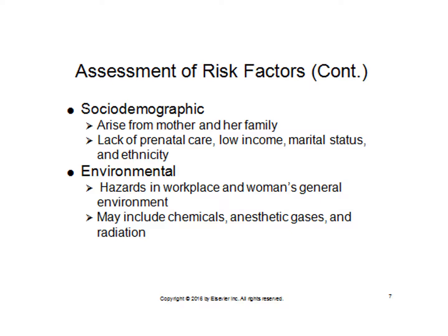Lastly, environmental factors may influence the outcome of pregnancy. For patients that are exposed to chemicals, anesthetic gases, radiation, or other hazards in the workplace, we need to be proactive in addressing those concerns throughout the pregnancy in order to make the pregnancy and work environment as stable as